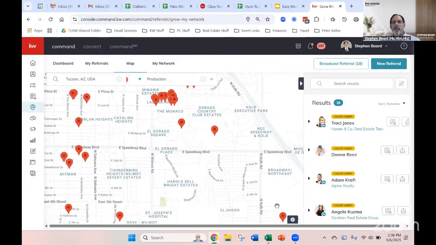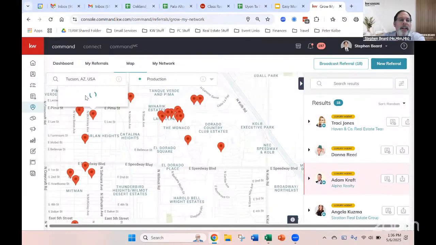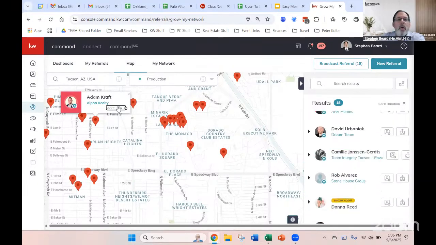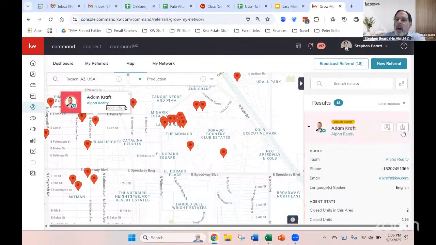Wow. Right? And at the right-hand side, these 18 agents show up, and we can immediately start evaluating them. If you just click on their bullet and click the little red pin, you can find out more about them by clicking more info. And when we click on more info, it brings them to the top of the results.